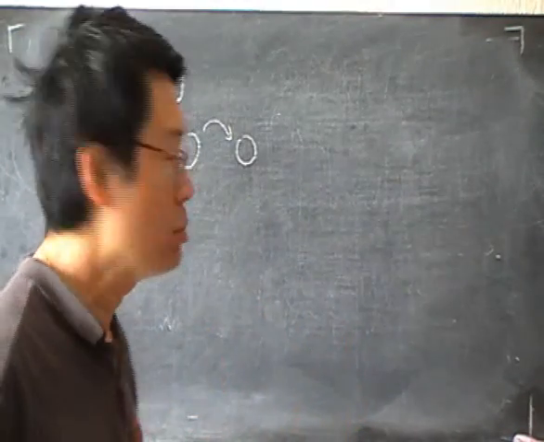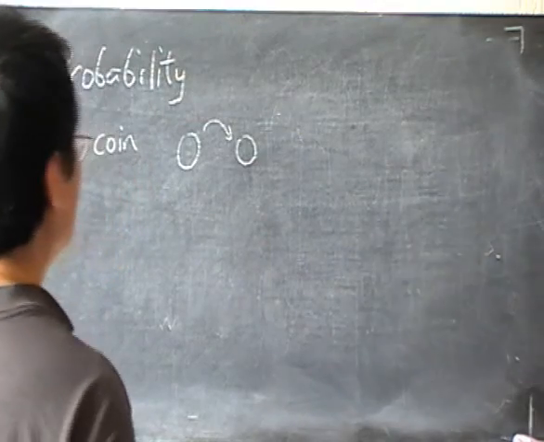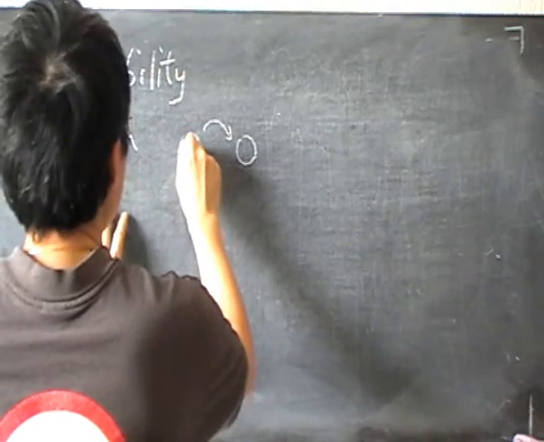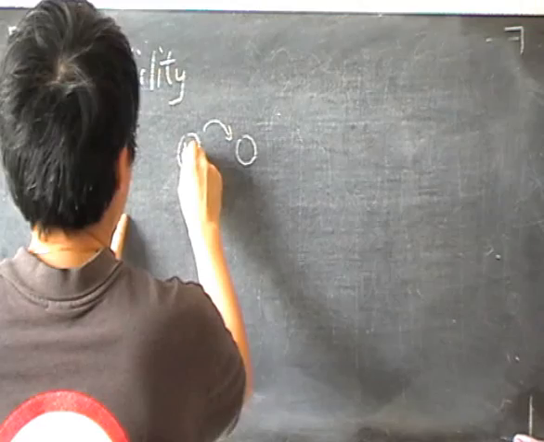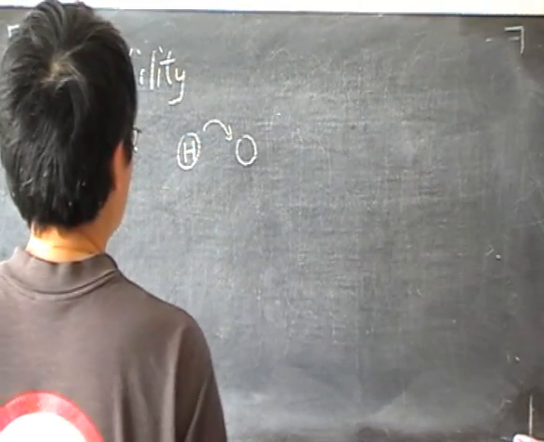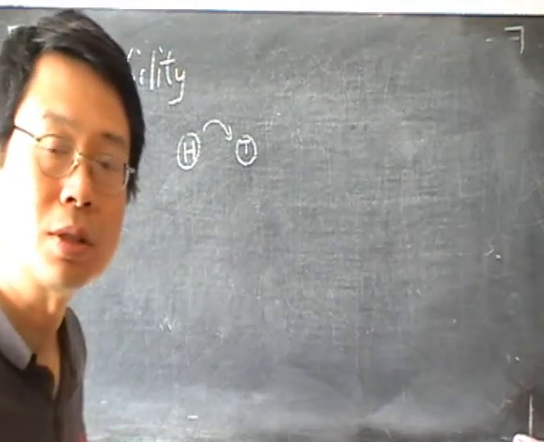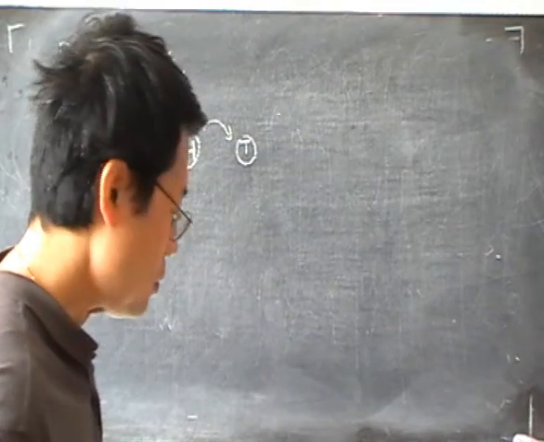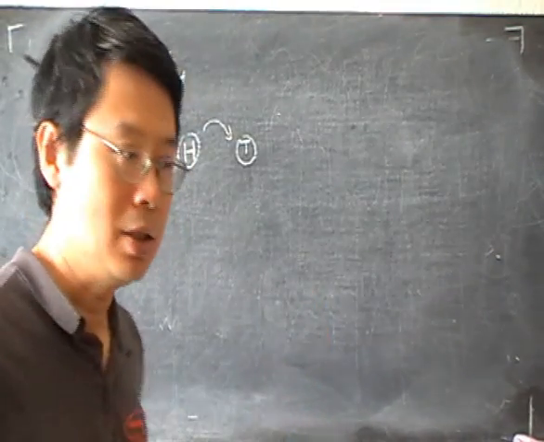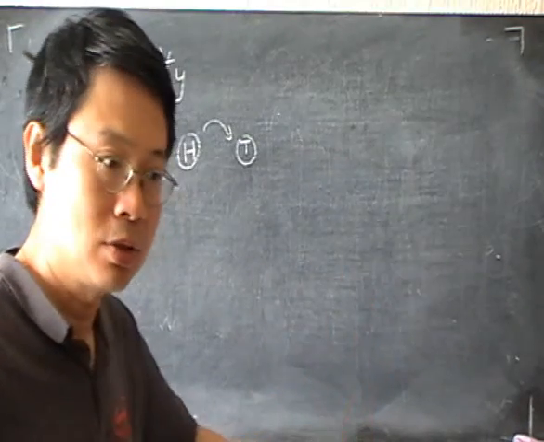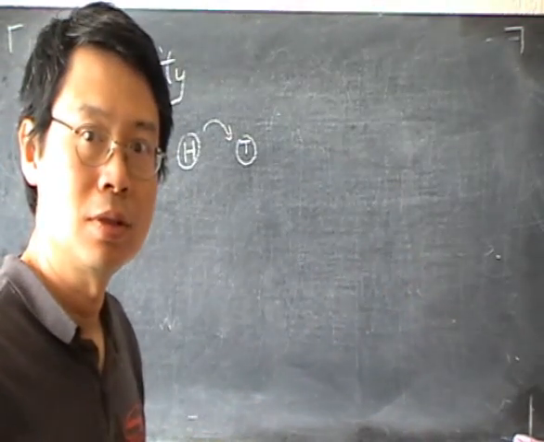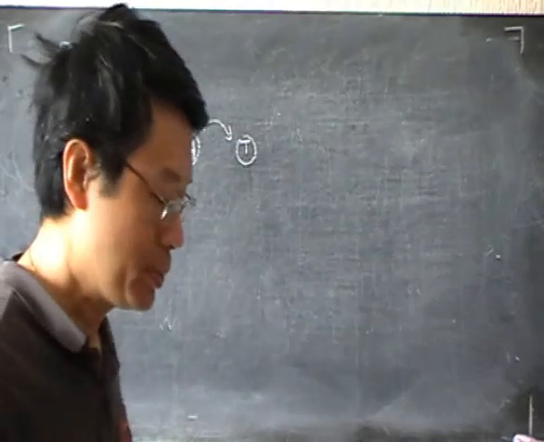They might have a different picture or carving on them. I'm just going to call one side the head, represented by the letter H, and the other side the tail. Now, if I take this coin and toss it and it falls on the table,